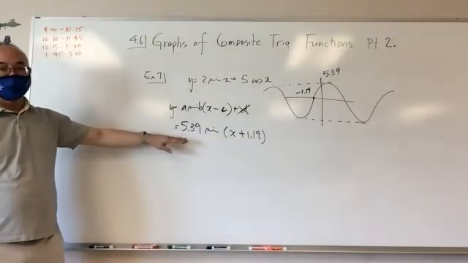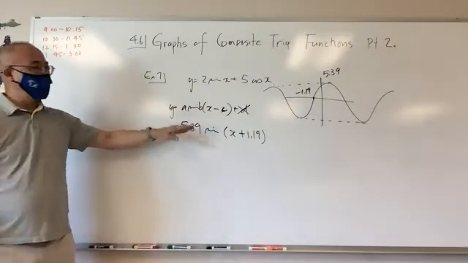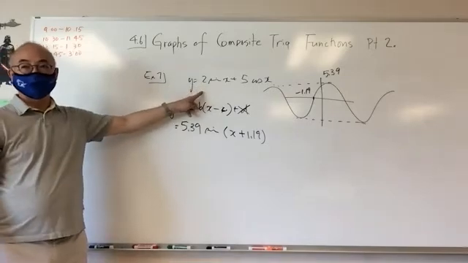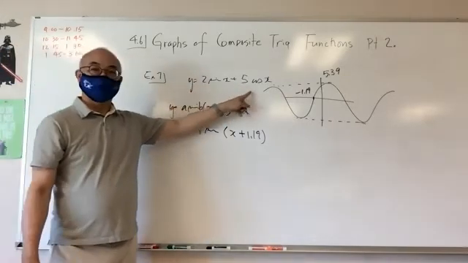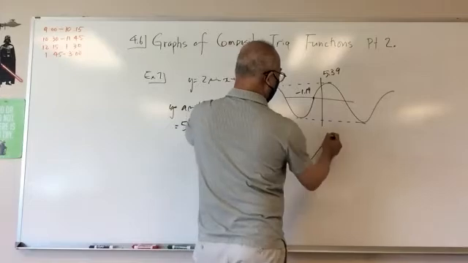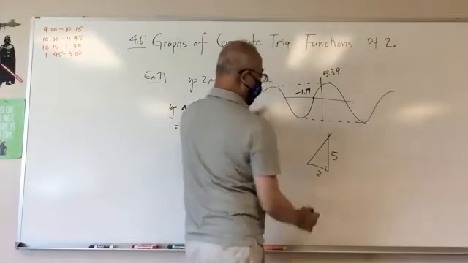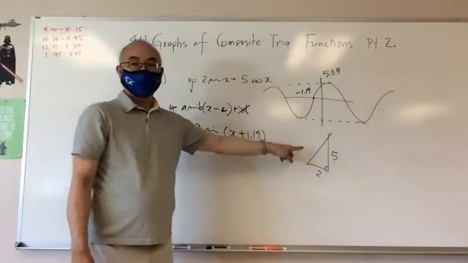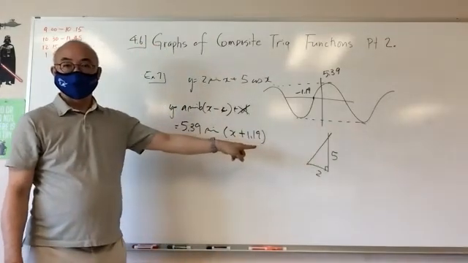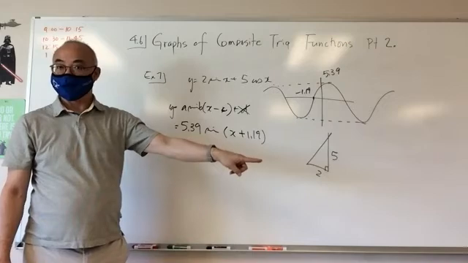Just as an FYI, since this is 2 and this is 5, if I had a triangle that looked like 5 and 2, what would this other side be? Square root of 29, which is